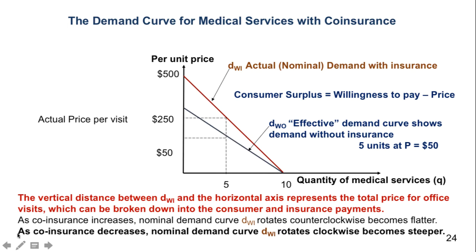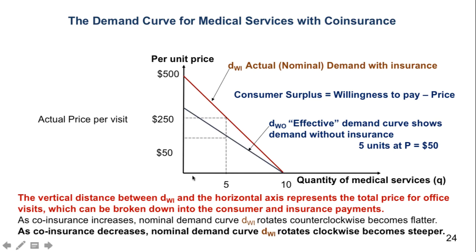So as co-insurance increases, the nominal demand curve rotates counterclockwise and becomes flatter. So this is the nominal demand curve. By increasing the co-insurance, it rotates counterclockwise, and basically by increasing the co-insurance from 20% to 30%, 40%,